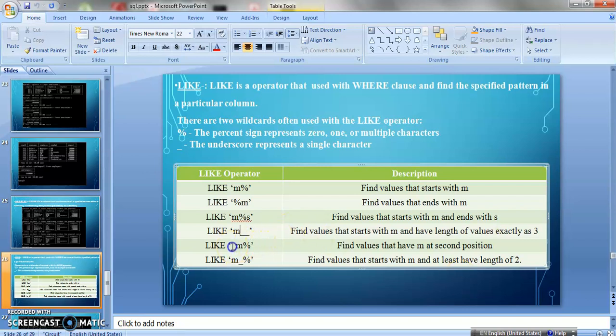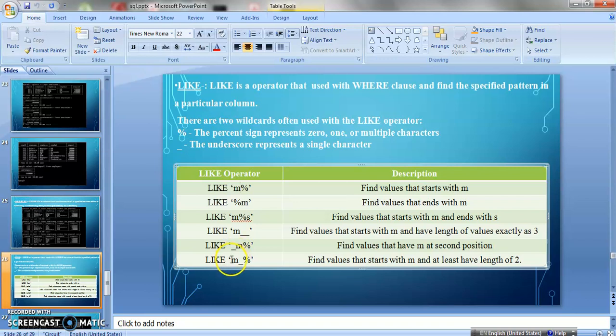Next is this. पहले आ रहा है underscore, then M और then percentage. अब इसमें क्या difference है इस वाले case और पिछले वाले case में? पिछले में ये था कि M से start होना चाहिए, that's it. In this case M should be at second position. Why? Because हमने पहले क्या लगा दिया first position पे? Underscore. Okay, underscore कोई भी character ले सकता है, but M दूसरी position पे होना चाहिए. Because first position पे जो भी character आएगा, that is underscore. M will be at second position and that's it. So it will find those values in which M is at second position. Okay, you are getting my point?